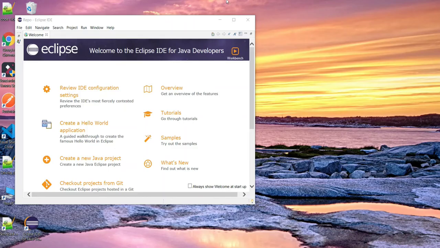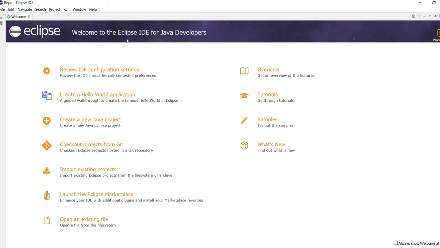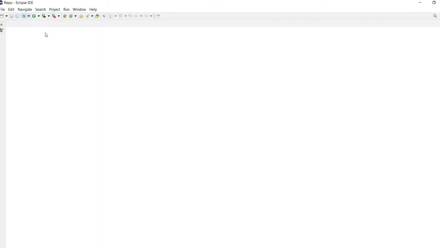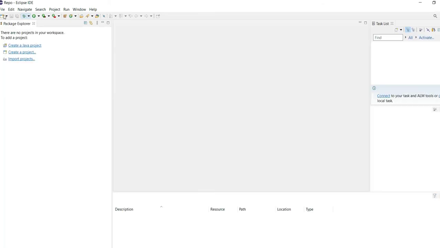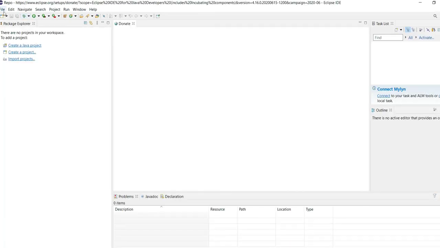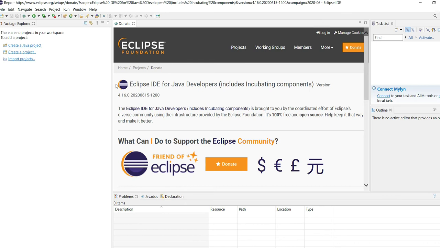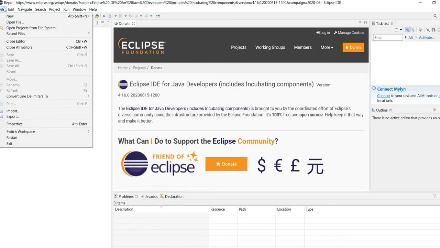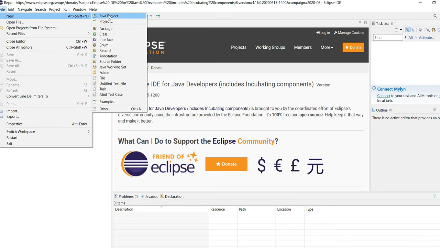Yeah, here Eclipse is launched. Then you can close this welcome window, and you can start developing your application. Okay, let me go to file. This is the Eclipse homepage, Eclipse IDE, and click on file and new Java project,